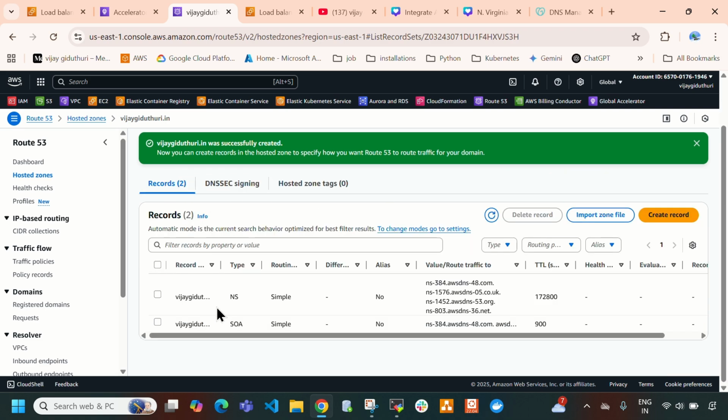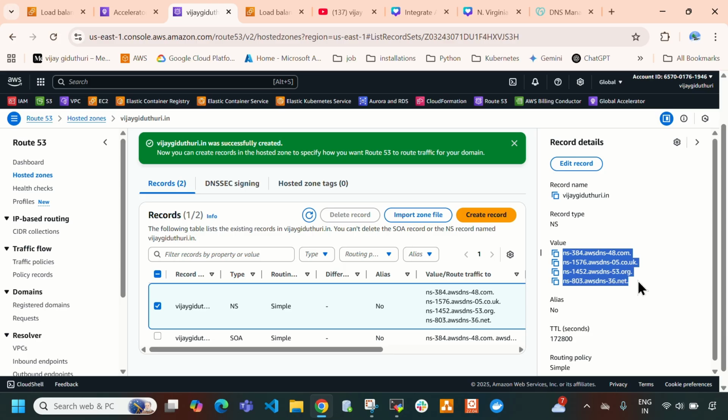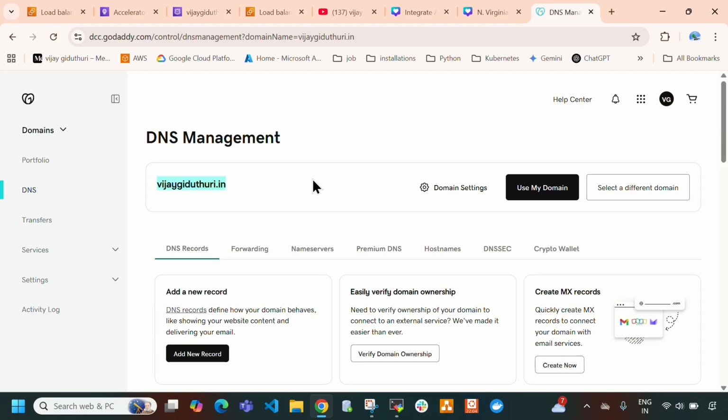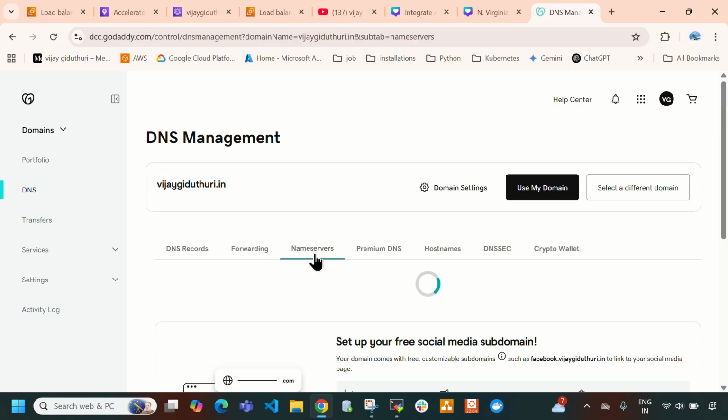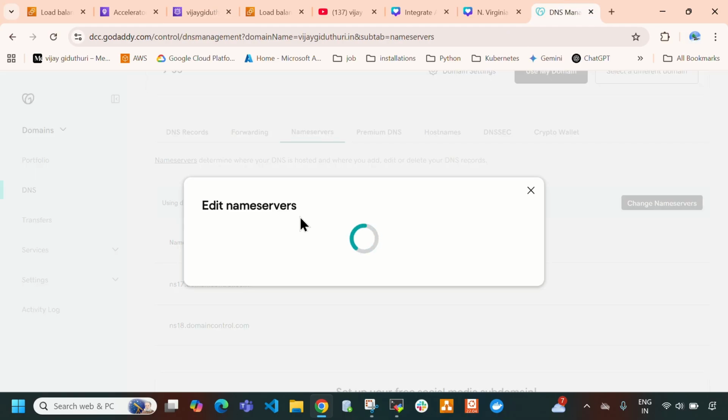Now what we need to do is update these four name servers with the GoDaddy name servers, guys. Okay. So directly select this. Here you can see these are the four AWS Route 53 name servers. Now we need to update the GoDaddy name servers with these AWS Route 53 name servers. So you need to select name servers, and these are the GoDaddy name servers. Instead of these, now we need to use our Route 53 name servers. So directly select change name servers,